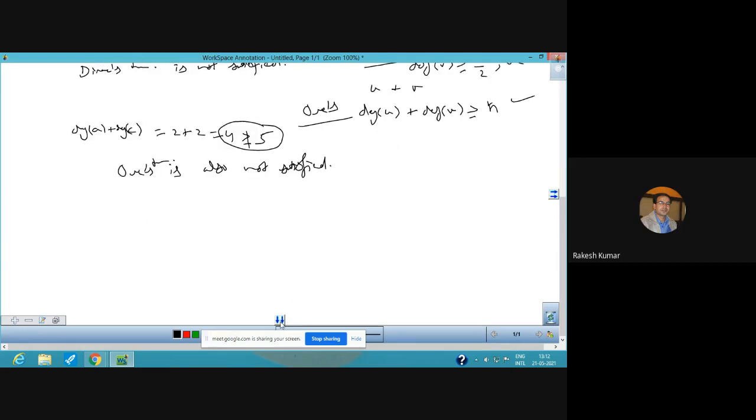We have the definition of a planar graph. A graph is said to be a planar graph when all the pairs of vertices are joined by the help of edges. So suppose we have a graph, this is V1, V2, V3, V4. Now this graph is not planar because each pair of vertices is not joined by an edge, because V1, V3 are not joined.